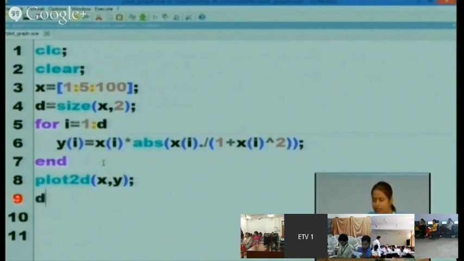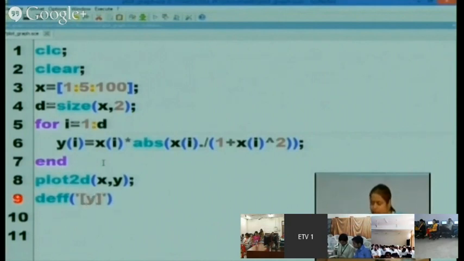Then declaring a function with deff. Earlier, I wrote the function using the for loop, because I had to calculate the value of y for each value of x. Now I am declaring the function using deff. So the syntax for it: write the keyword deff, and in single quotes write